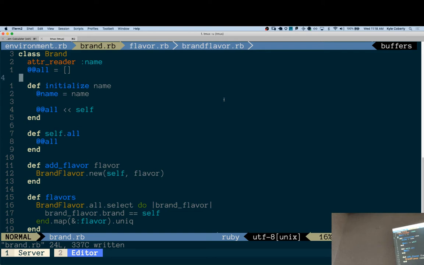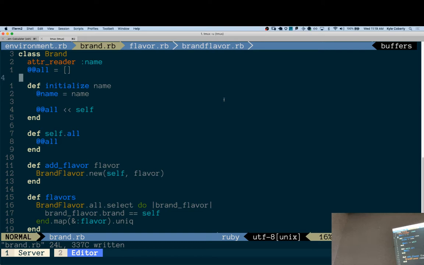Okay, yes, I can understand that now. Kind of. And then, okay, try it again. What is that map doing? The map, or sorry, the select, this line 23. Line 20, yep, so select is going into brand flavors, all of them. Finding the brands